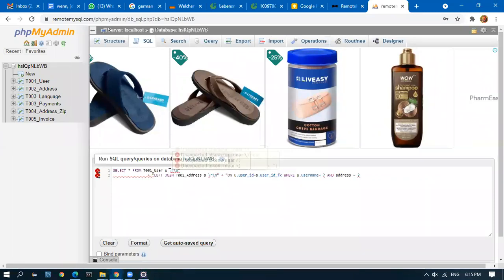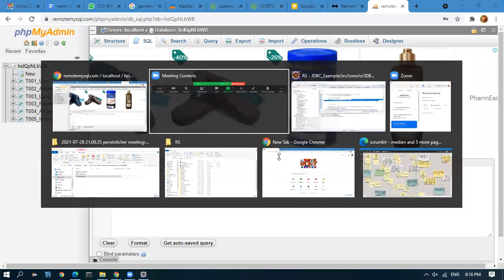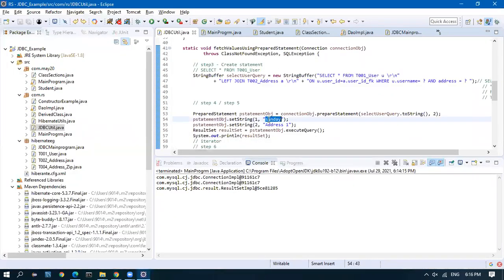So select star from user. The alias name is u. Left join, meaning the user has to be fetched no matter if there is a record in address or not. The user has to be fetched, and the alias address, on, is nothing but the join condition: u.userID equal to a.userID, and where u.username equal to, I've given here, Sunday.